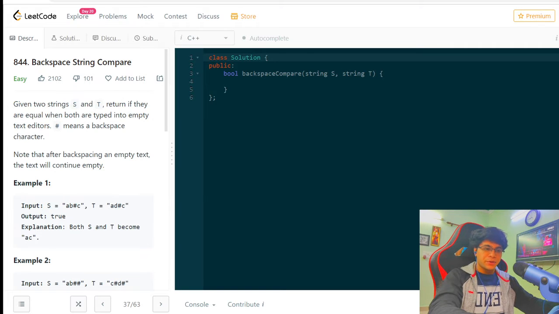Backspace string compare. So let's see what this question asks. We have given two strings, s and t. So input s and t, and hash means a backspace character. That means, okay, so I will just copy this,